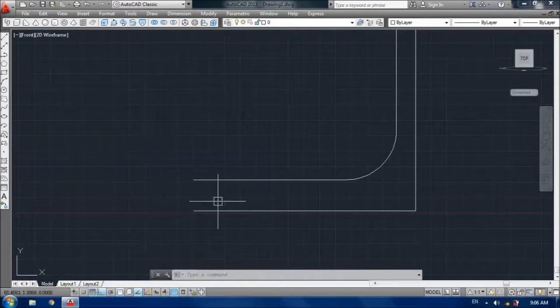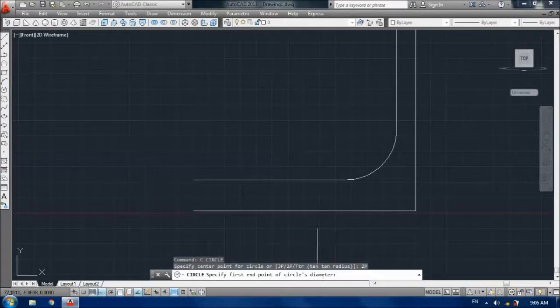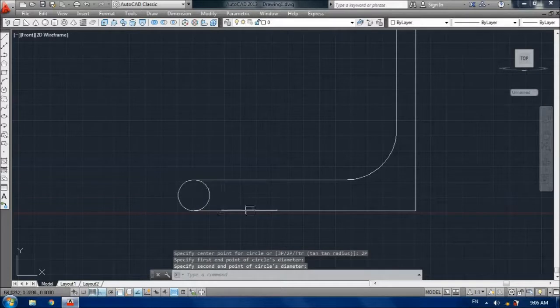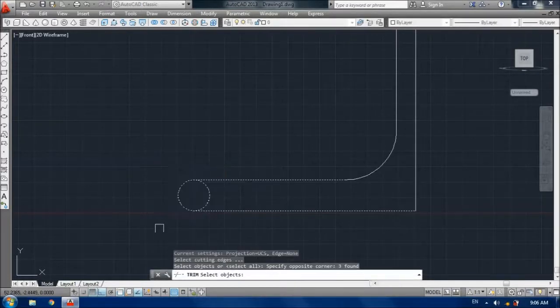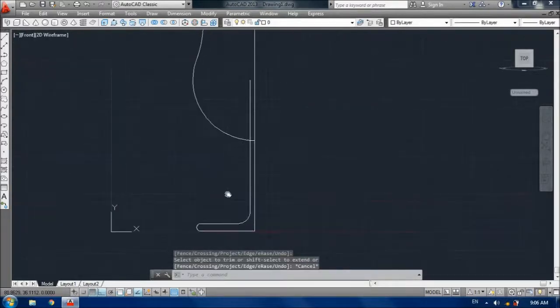For that press C, enter, and select 2P, meaning 2 points. Select the first point and second point. Now again select the trim command, TR, enter. Select this portion, press enter again and trim unwanted objects. Okay.